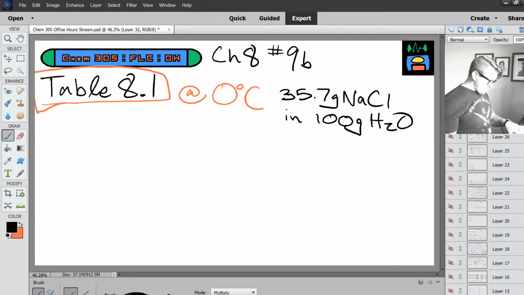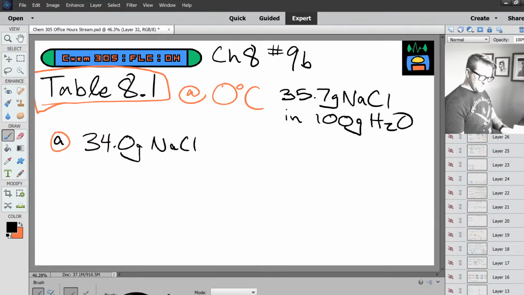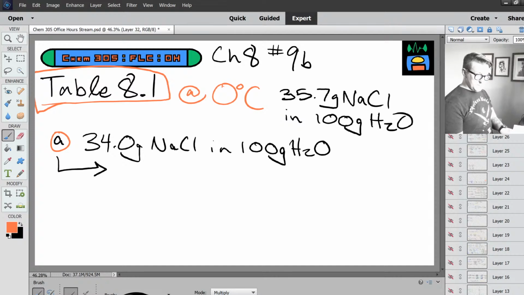So for part A of this problem, because again, remember we put, what was that? 34.0 grams in 100 grams of water. So this would be unsaturated. Right, it would be unsaturated, but